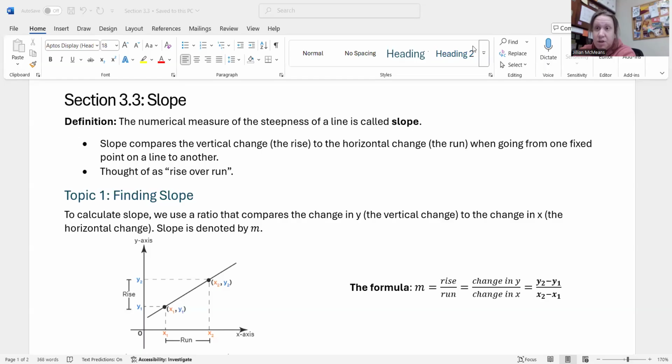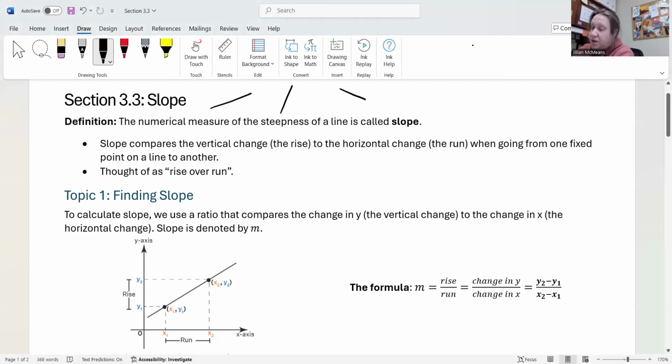Topic of this worksheet is slope, and for this specific video, we're going to look at topic 1, which is just different ways to find slope. So when we're talking about slope, we're talking about the slope of a line, and the definition would be the numerical measure of the steepness of a line is called the slope. So we're looking at how steep is our line